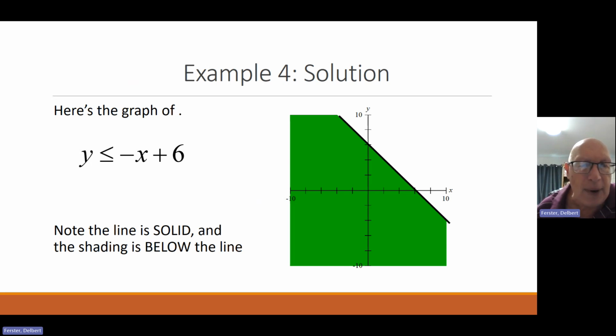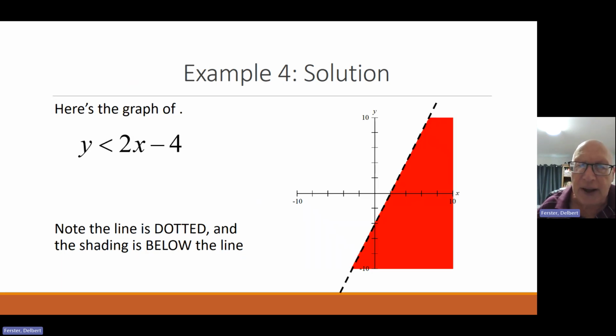As previously informed, that's a solid line, and because of the less than or equal to, shading relative to that line is below. So if that's all we had, the solution to that inequality is the green region shaded. Okay? Second of the inequalities on that system was this one. So the intercept's at -4, so you'll notice again, it's the same scale at least. Every slash is worth 2 units, as opposed to what maybe we usually do with 1 unit. So your intercept's at -4, your slope's at 2. So first dot on the y-axis at -4, up 2, right 1, or up 4, right 2, get you a